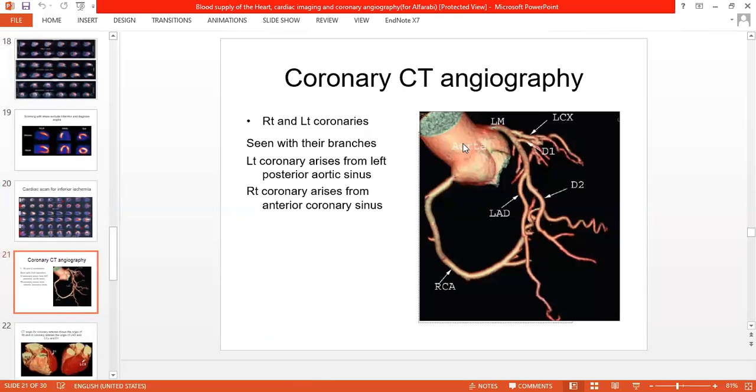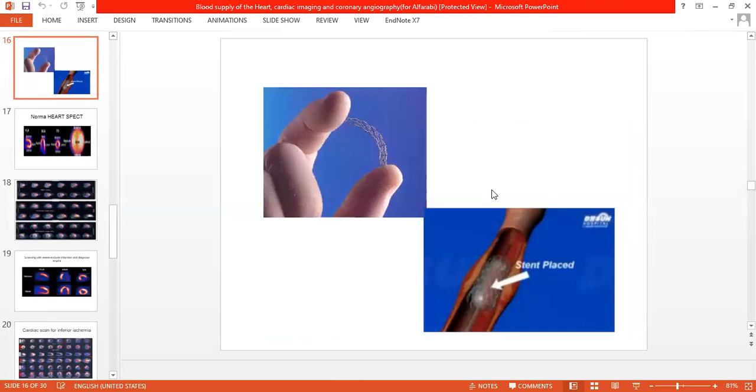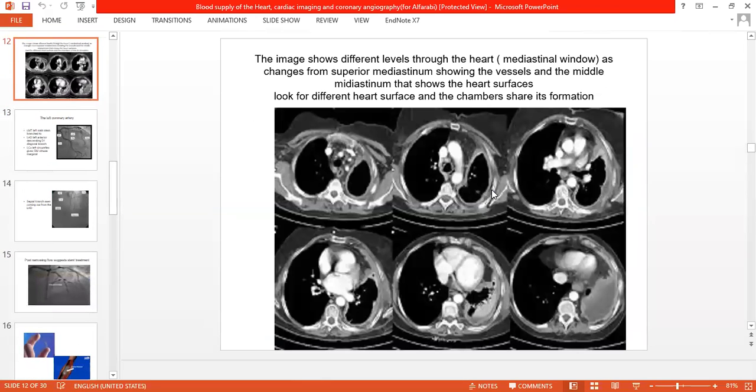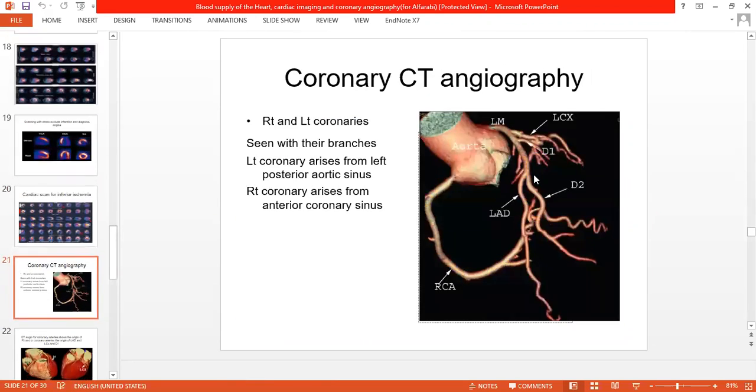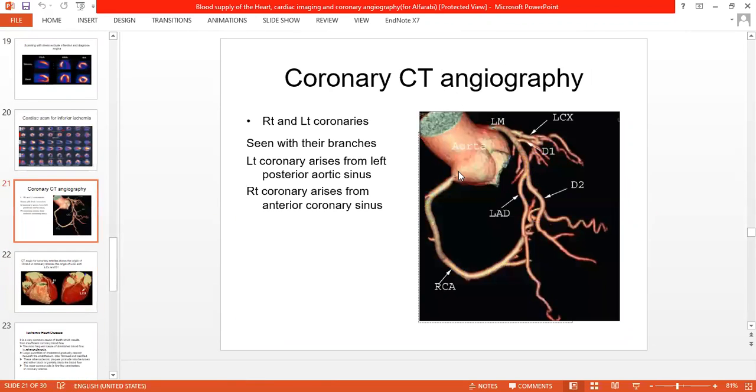Now if you combine the coronary CT with the angiography, this is how it looks. This will give a very good picture. If the CT scan displays plain CT scans, then it will be very vague. Then only the angiography will be like that. If you combine these two, then it leads to a very clear picture.